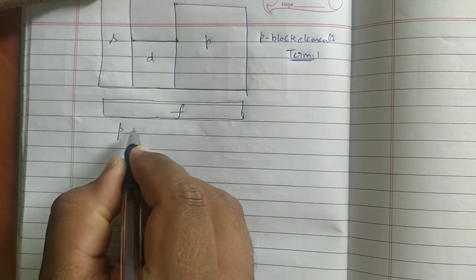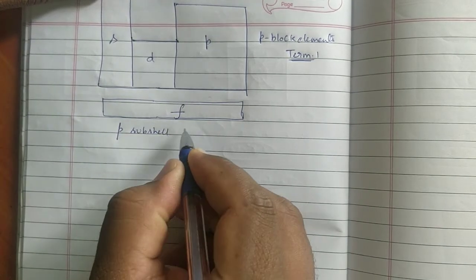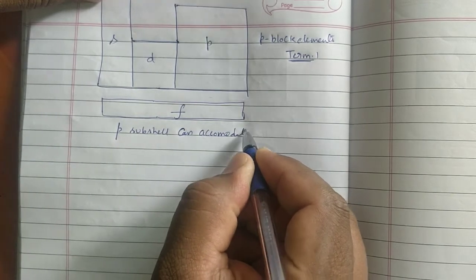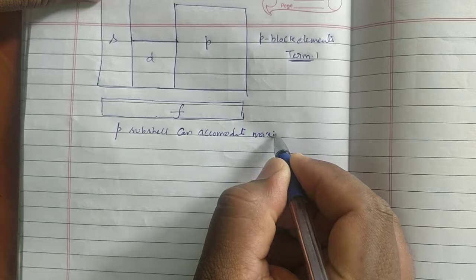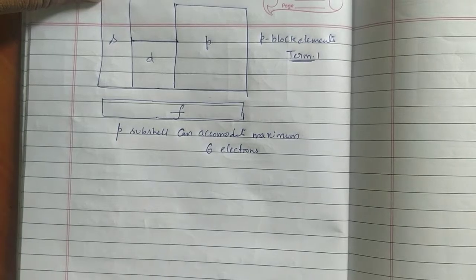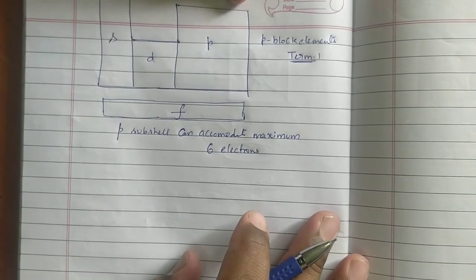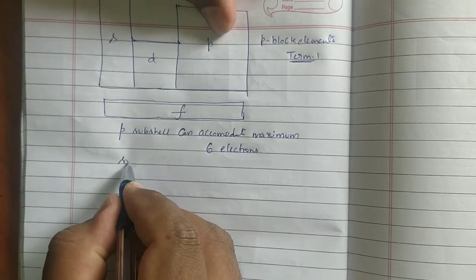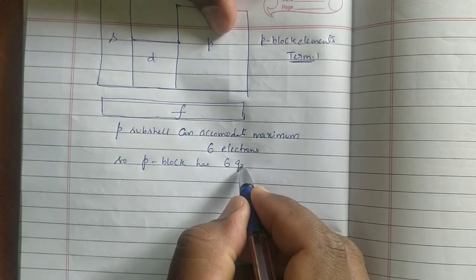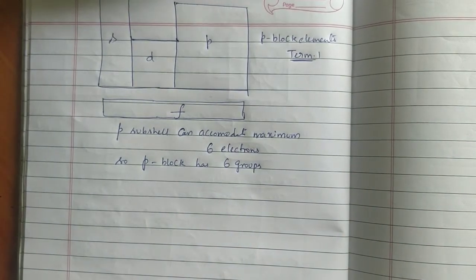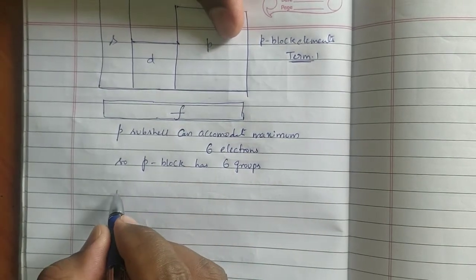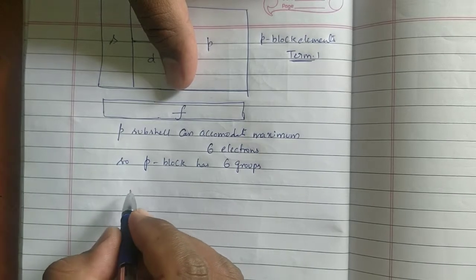Now, the P subshell can accommodate a maximum of 6 electrons. So P block has 6 groups. The 6 groups present in P block are